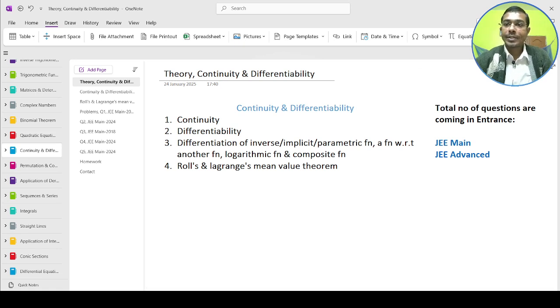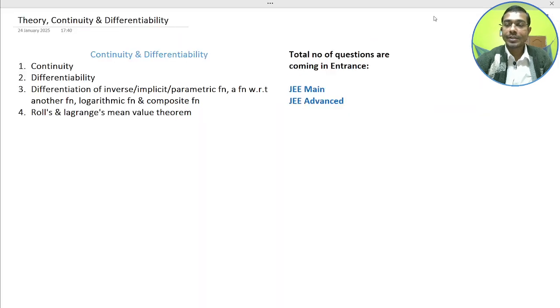So, in our previous lecture, we had discussed the quadratic equation from class 12, and in today's lecture, I will teach you the topic named Continuity and Differentiability from class 12. We'll do the chapter summary in a nutshell and previous year problems so that you can increase your problem solving skill and know how to approach the problems. And I think after solving the problems, you will be able to do all types of problems coming in JEE